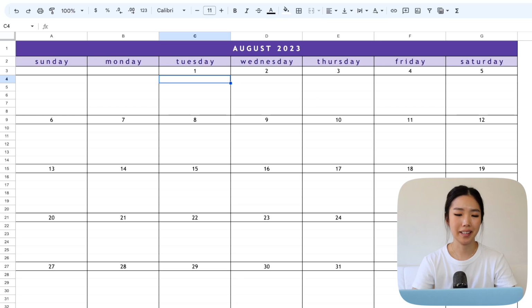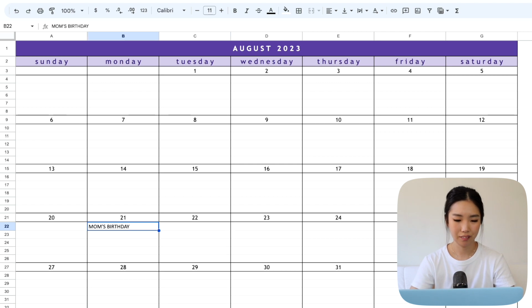I don't know. Now that I have my calendar, if I have any birthdays in the month, I can go ahead and pop those in. Any holidays, I'll just type it in. Oh, as an example, here's my mom's birthday. Voila. It's already set as a default to this font in this size, but what you can do to customize